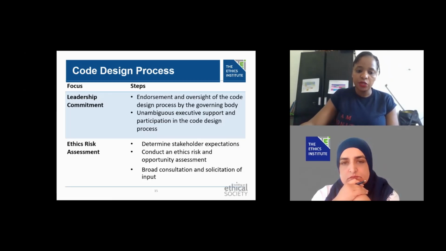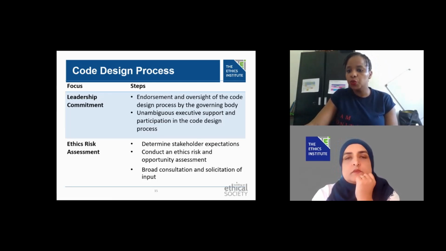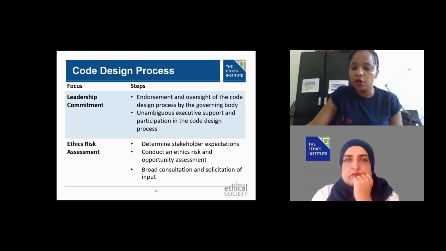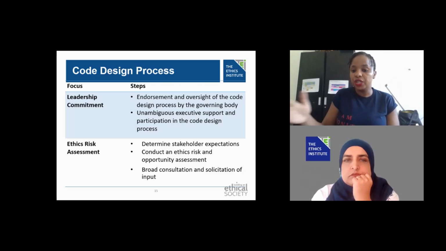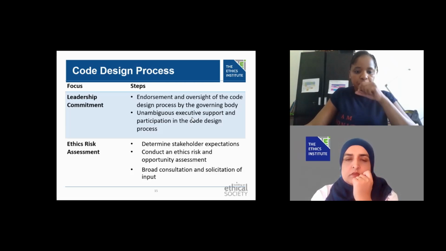I say this because it's their behavior, first and foremost, that will have to be according to whatever is being drafted. If we're making a promise, they need to show that promise when it comes to implementation. So have that in mind, have leadership very clear on their role on this journey of a code of ethics.